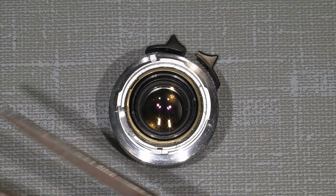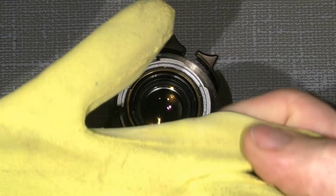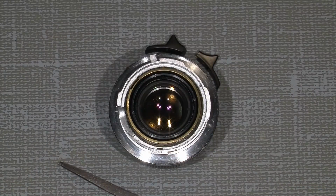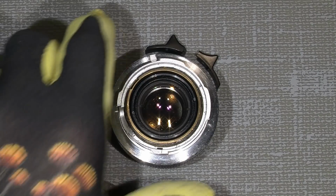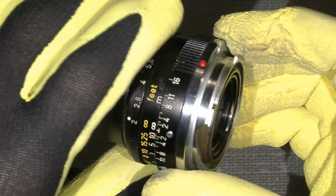I mean, I need some really sticky gloves, which are for gardening. I think you can buy them in some gardening shops, and they have a really good grip. So